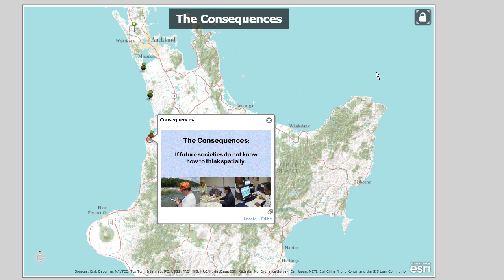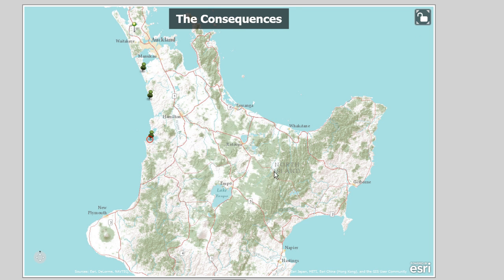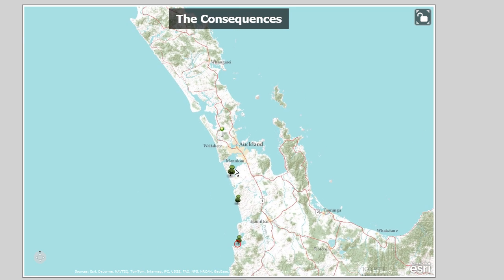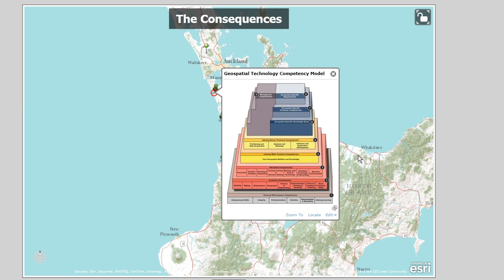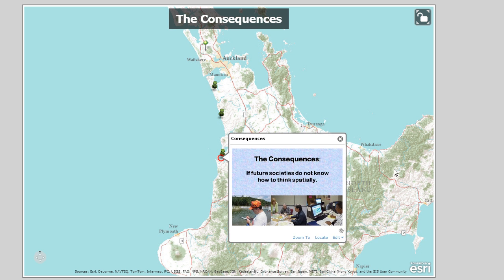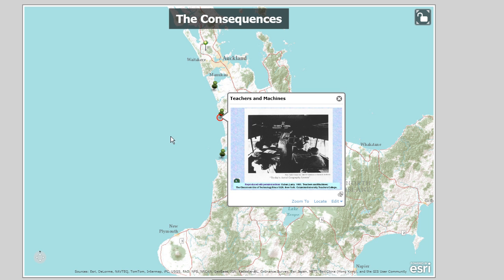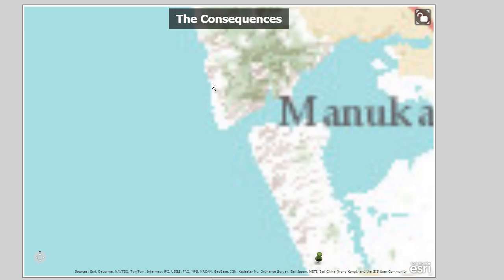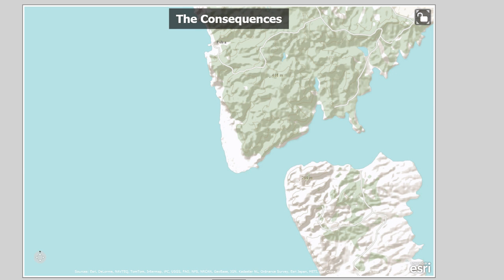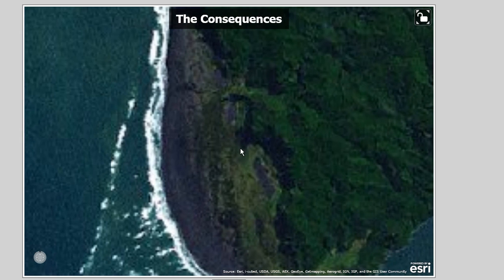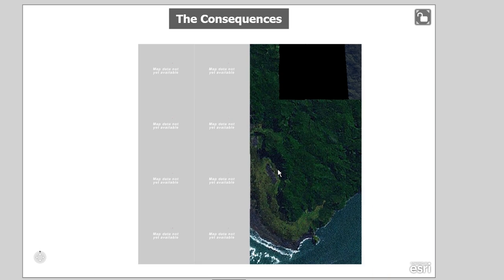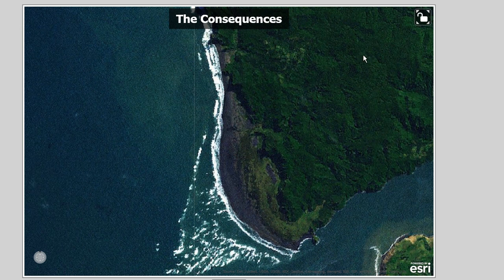Thanks for joining me here. Once again, though, remember this whole presentation that I've been using is all tied to live web mapping services. I've created, remember this slide about GTCM? I've created push pins on my map for different things that I wanted to highlight. But if I wanted to highlight, for example, coastal erosion, let's say, over here in New Zealand, I could zoom in, I could change the base map to some sort of image-based map, and then I could measure the amount of erosion in different parts of New Zealand. So the point is that you too can use these tools in a powerful way to